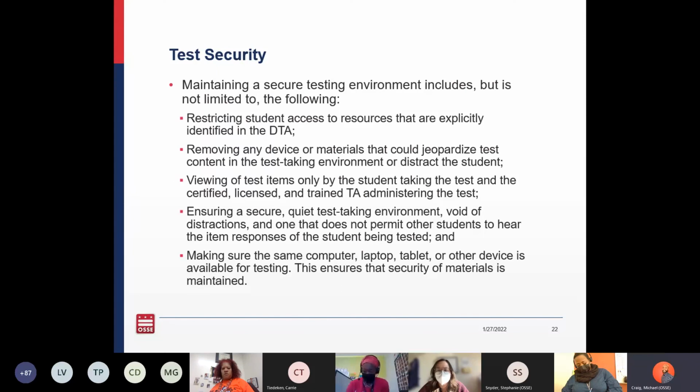All right, so one of the biggest things that our test administrators and test coordinators need to remember is to ensure test security. Maintaining a secure testing environment includes, but is not limited to, restricting student access to resources that are explicitly identified in the DTA, also known as the Directions for Test Administration, removing any device or material that could jeopardize the content in the testing environment, viewing of test items only by the student taking the test, and certified, licensed, and trained test